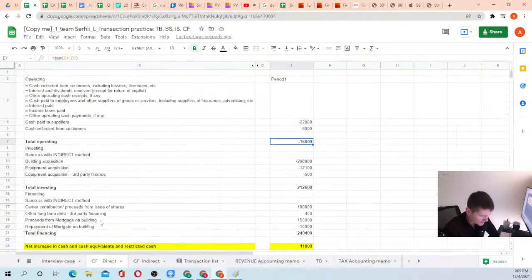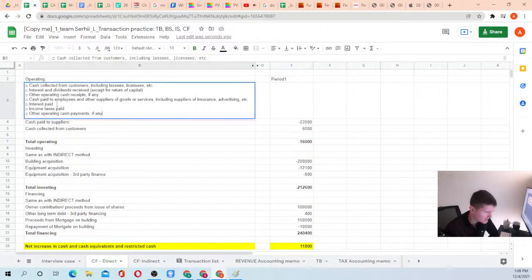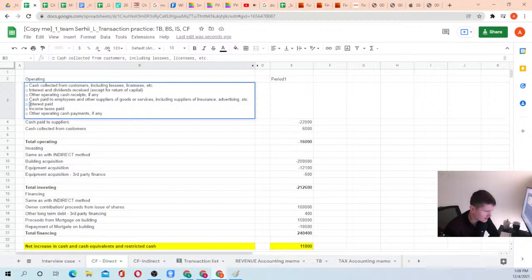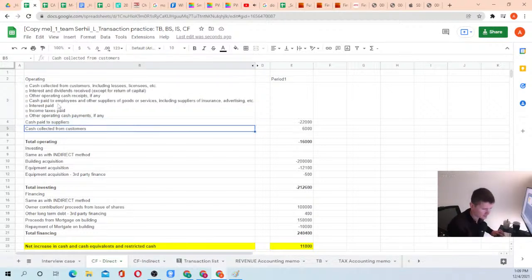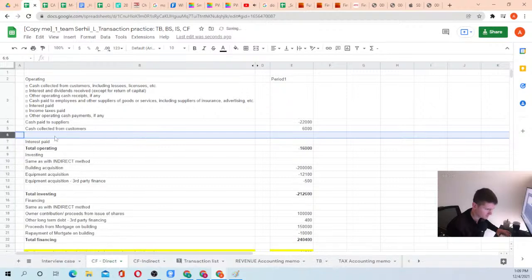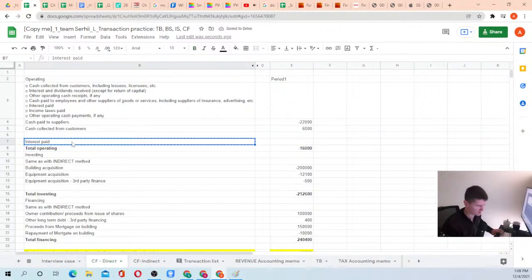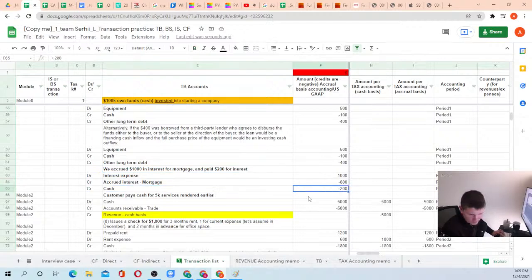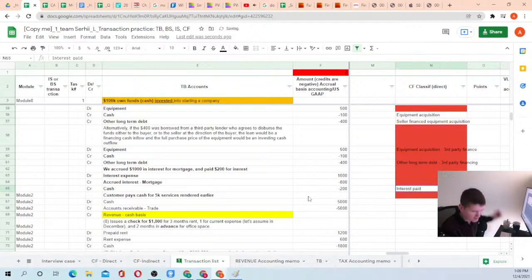So now, what is the requirement of direct cash flow? We have a requirement to show interest paid in the direct cash flow. So we take it from here and we add it to here. It's still included in the formula. Okay, interest paid, and let's go to our transactions list. So it is clear what was paid. It is what was paid with cash. So we got it here, interest paid, and based on that movement,